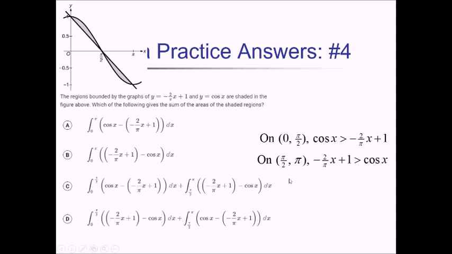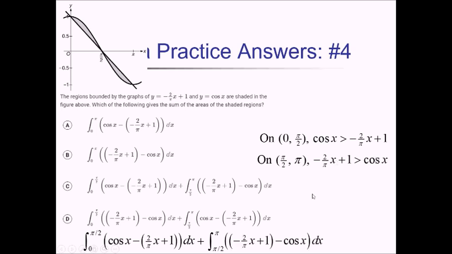So my first integral, going from 0 to pi over 2, I'm going to have to be doing cosine minus parentheses that whole line in there with a dx. And for my second interval, from pi over 2 to pi, I'm going to have to do this line minus cosine dx. So just picking my answer choices carefully, because C and D look pretty similar. It looks like choice C has things being subtracted in the right order for each integral,